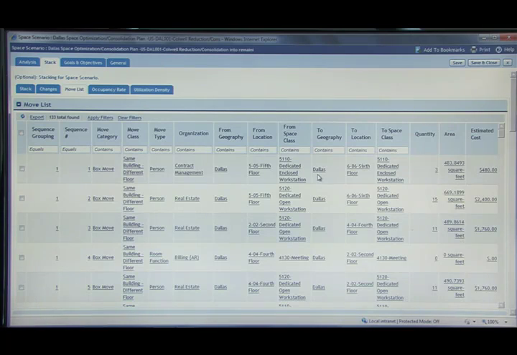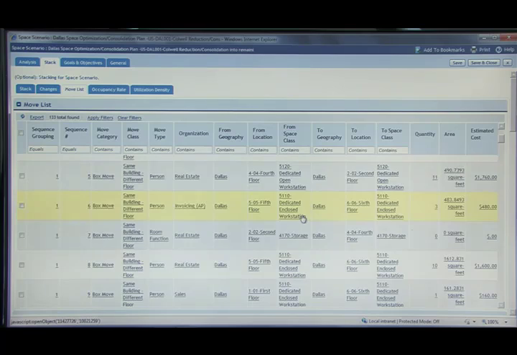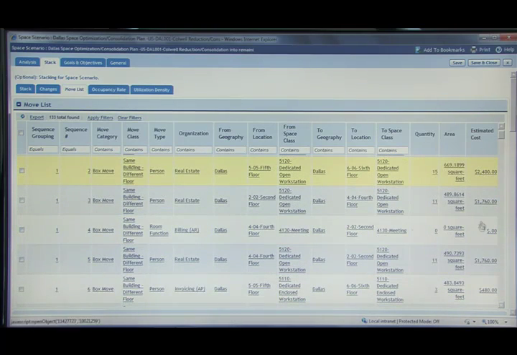So within the scenario itself, we're not only doing interactive planning, but we're capturing the change logs of what needs to change from a configuration perspective, moving walls and doors and building workstations. And we're also building a full complementary move list, which understands for each location and each department I'm moving around, what type of space am I moving and where am I moving them to, and developing a full estimated cost